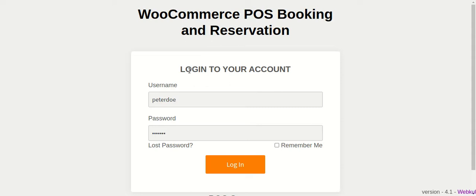So before I proceed further with today's video tutorial and show you the workflow of this particular plugin at the customer's end, or at the POS terminal agent's end, how the POS terminal agents would be able to see the booking products within the POS terminal and how they can place the orders for the booking products on behalf of the customers,